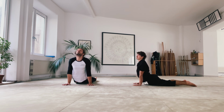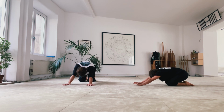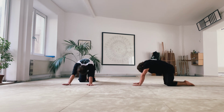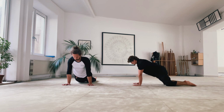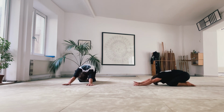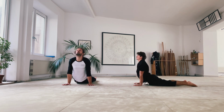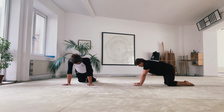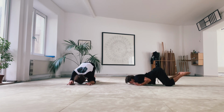Find a lot of length from your head into your feet, pushing tall. If you can't go into this position, you can also stay a little bit more upright like this. Inhaling. Exhaling, sitting down. 2 more times. Wonderful. We repeat the same thing but going from below, meaning inhaling onto your elbows, exhaling